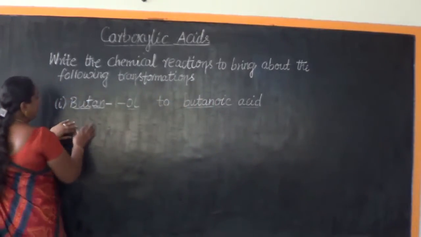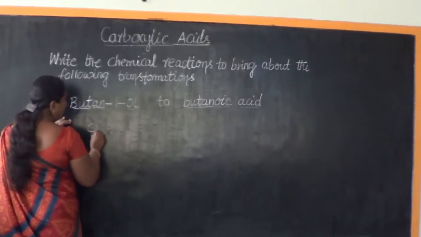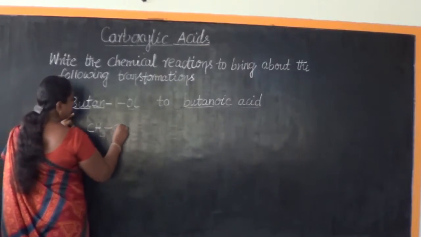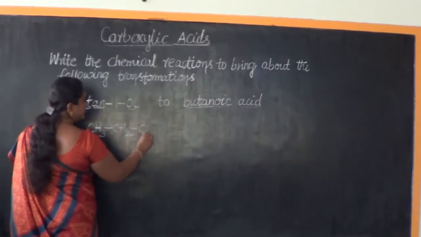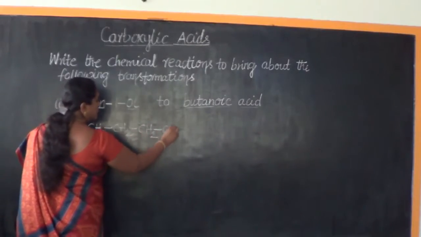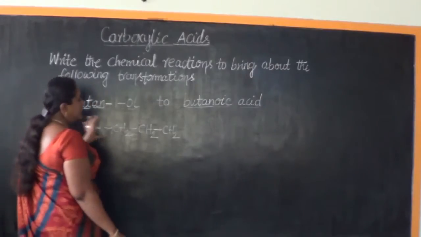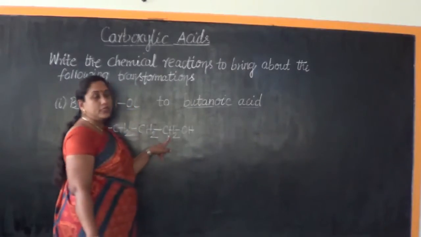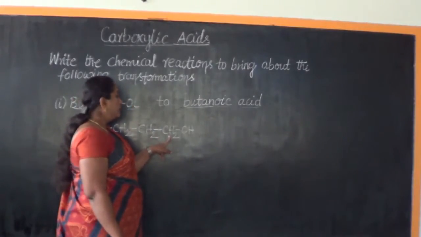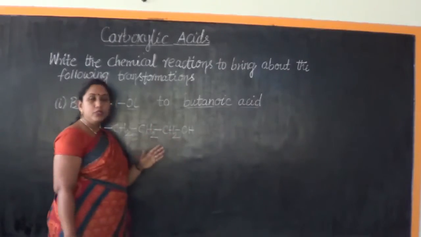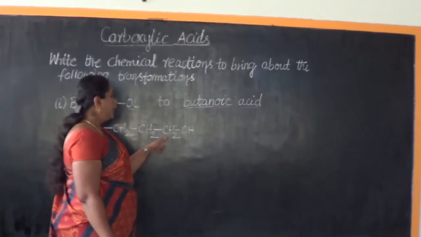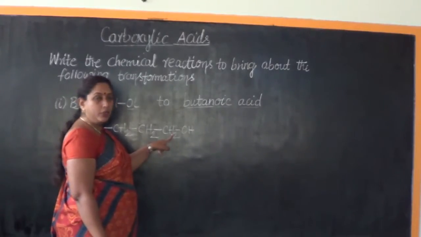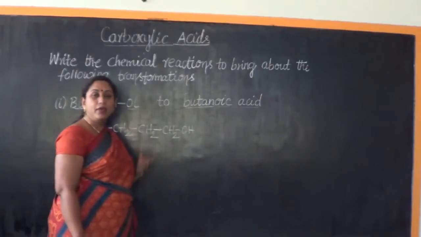So first let us write the complete molecular formula of the butanol: CH3, CH2, CH2, CH2. So that completes our butane, and then OH. The last should be ending with CH3 for a butane. Now instead of that, what has happened? One hydrogen is replaced by an OH. So therefore this carbon atom would have only 2 hydrogen linkages to it, and then in the end it will be linked by an OH group.